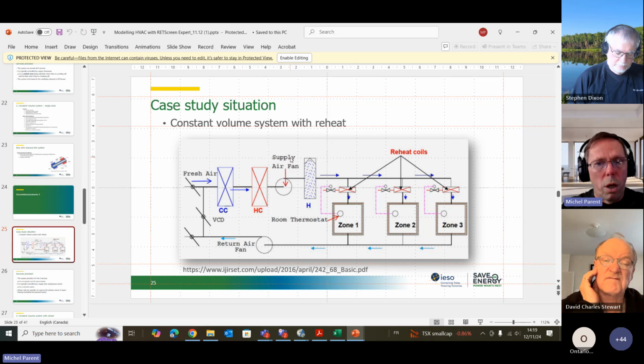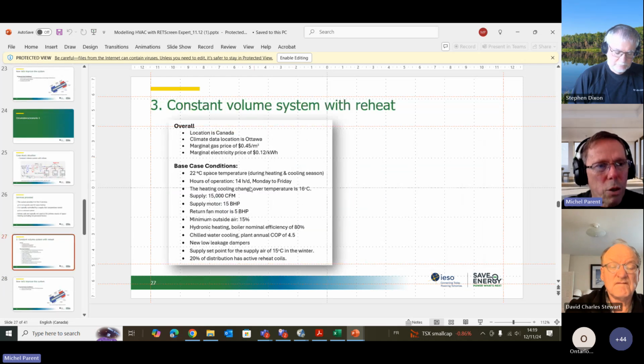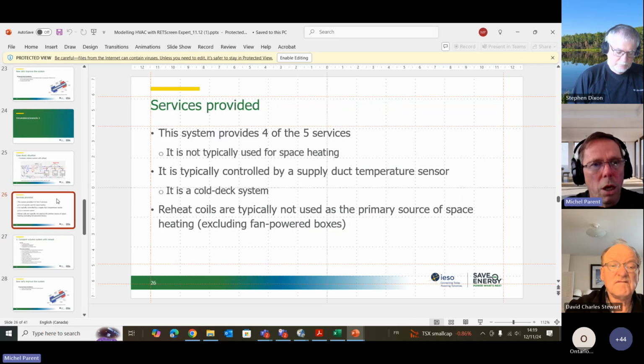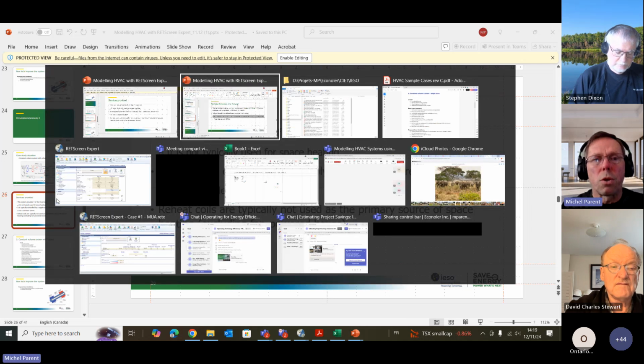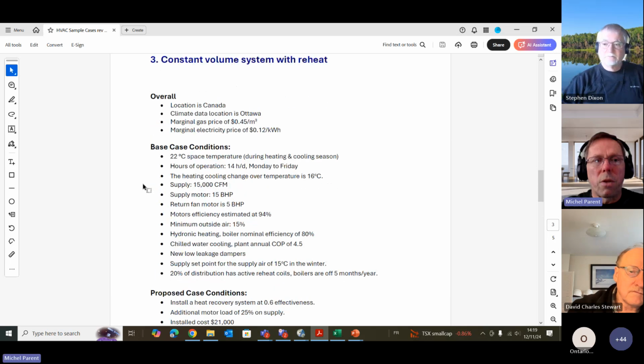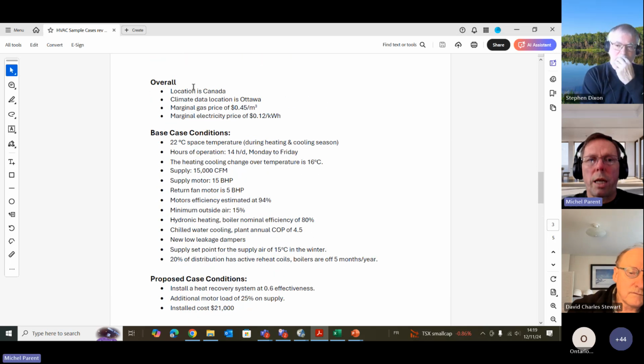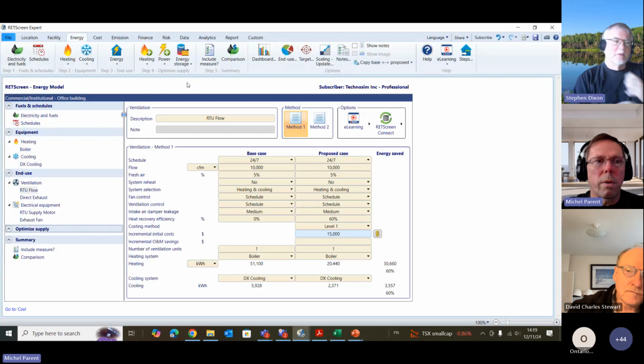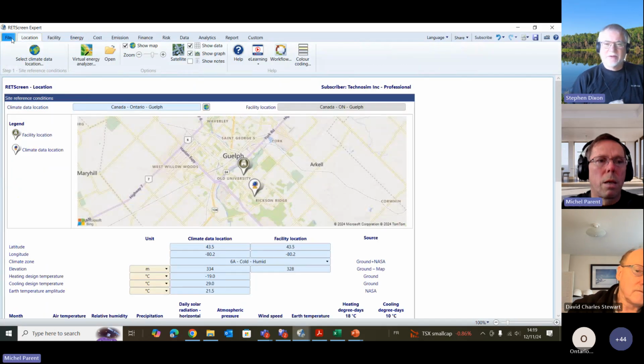Now you have to define it slightly differently in RETScreen to get the proper results. You'll see it's very similar with just a different schedule. If you were there for the first session, you'll see that we have to modify the schedule. So let's go back to our descriptive of the system. So we're going to change the climate data location to go to Ottawa. I want it to be fair, so you want to start from scratch on this one, just so you're not fighting with,